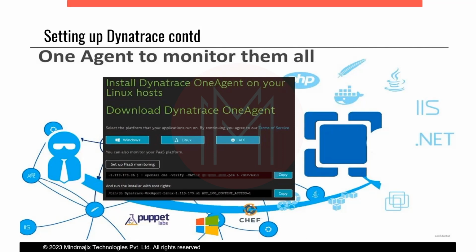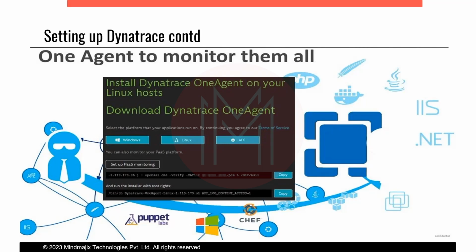and one of the key features of this technology is it's designed to provide comprehensive monitoring of the entire application stack from end to end, from front end to the back end across all platforms and technologies. With one agent, we can monitor all aspects of the application environment, including custom and third party applications, databases, web servers, and much more, without having to install multiple